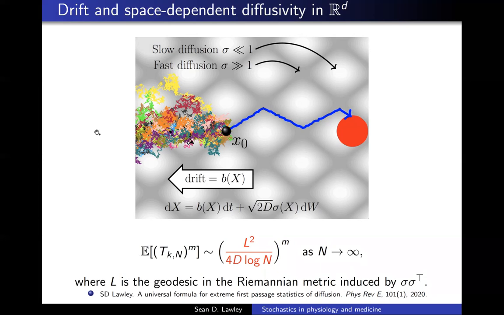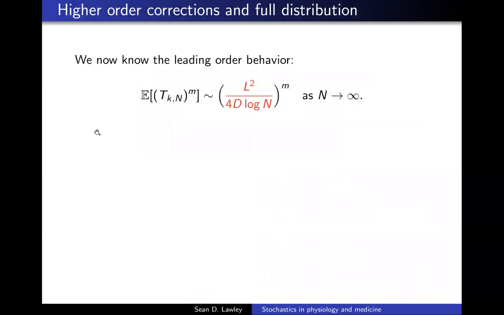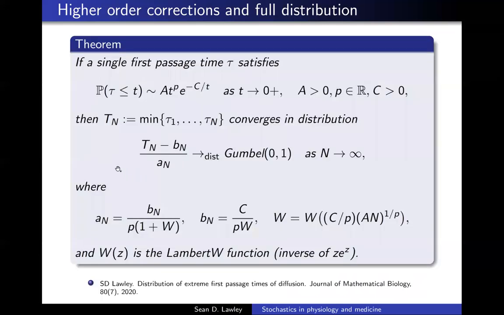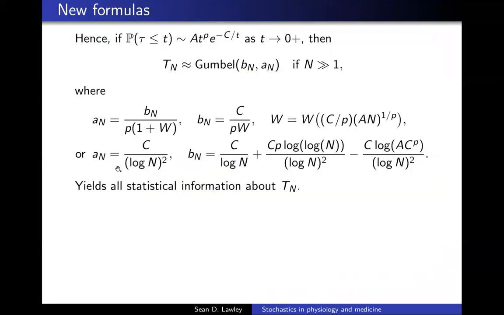Okay, I'm pretty much running out of time. The point of this slide was to tell you there are lots of other questions one wants to ask. This leading order behavior doesn't depend on k, doesn't depend on the size of the target, doesn't depend on the drift, and the way we want to incorporate those is by looking at higher order corrections. We'd like to know what the distribution of this is, and we're able to prove some theorems about that, which give us some higher order corrections. But I will skip that and maybe just